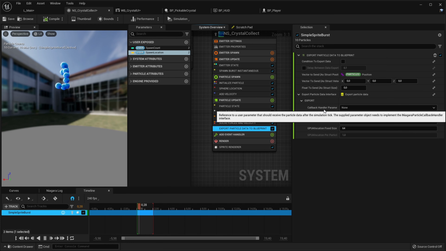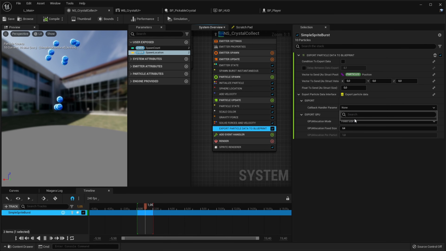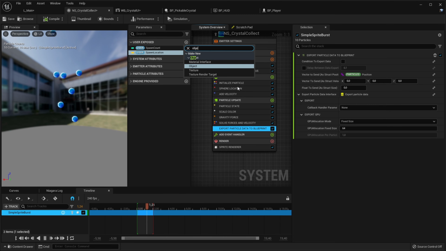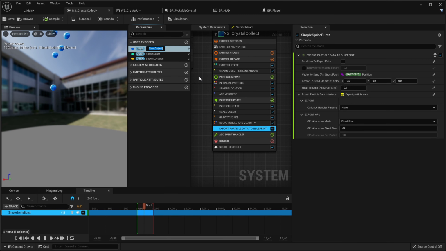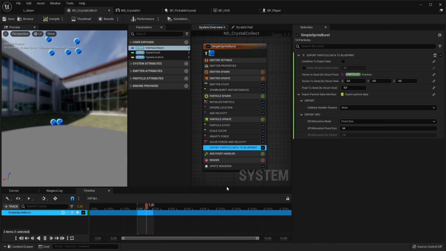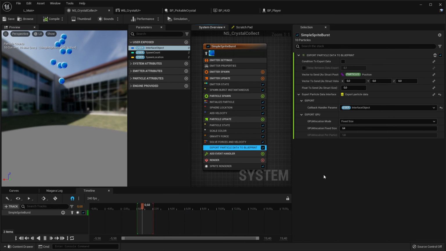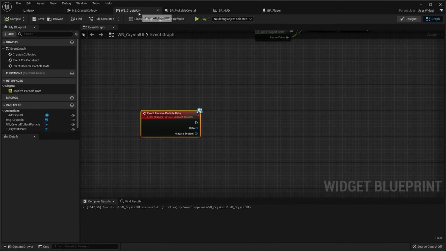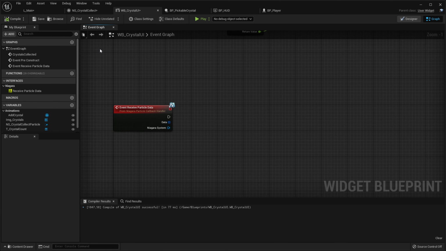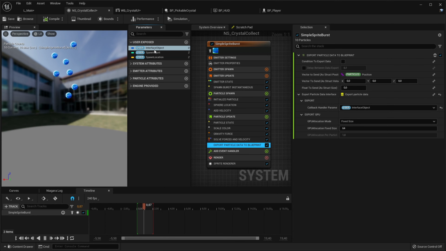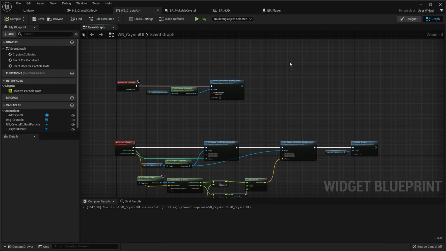And we can see that it needs a callback handler parameter. This is basically just a reference to the blueprint which it should send data to. So let's make the reference user exposed. I think object, yeah, object, that should be good. And let's call this our interface object. Now let's just copy this, and over here we can just select the interface object, and let's go over here,